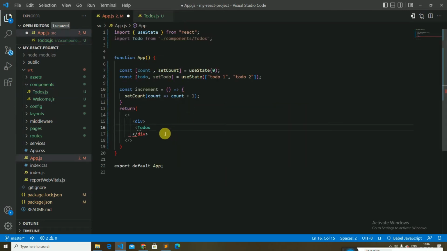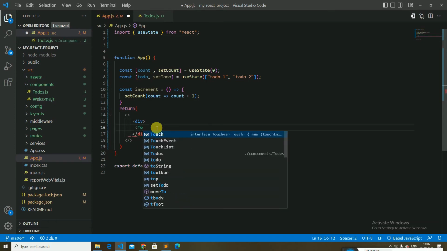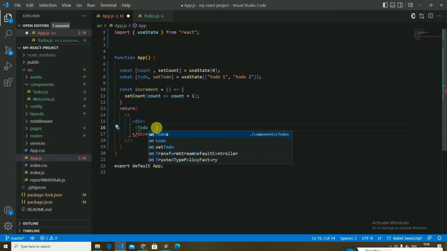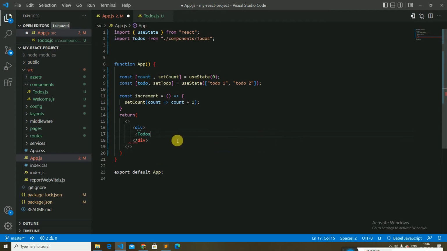And save it. Okay, now let's fetch the to do component here. Let's remove this one and also remove this one. Okay, and here we will import the to do's component. Can you see? This is the to do's component. Okay, and in the props